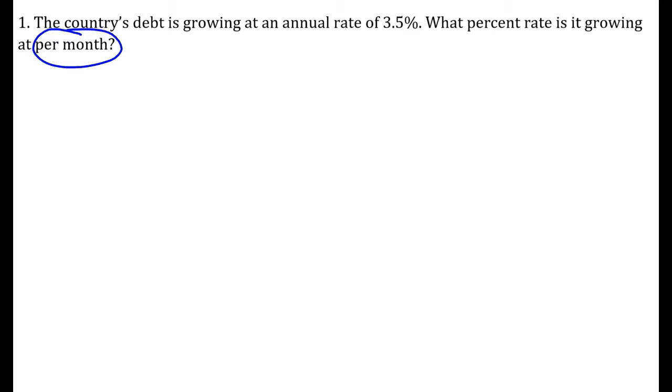When we did compounding monthly, we would divide it by 12. But it's not compounding monthly. It's still compounding at the same rate. I just want to know what's the equivalent monthly percent. So, well, if I'm growing at